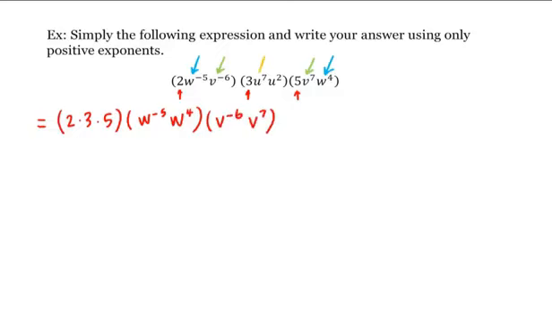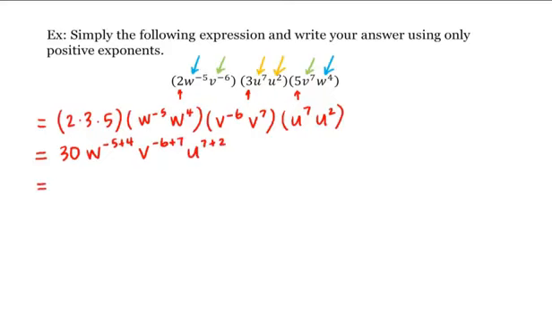And finally, we'll group the u terms together, so times u to the 7th times u squared. So this is equal to 2 times 3 times 5 is 30, and then times w to the negative 5 plus 4 by the product rule. Because these bases are the same, we can add those exponents. Same with the v term, so it'll be v to the negative 6 plus 7. And finally, we'll do the same with the u terms, so it's u to the 7 plus 2,